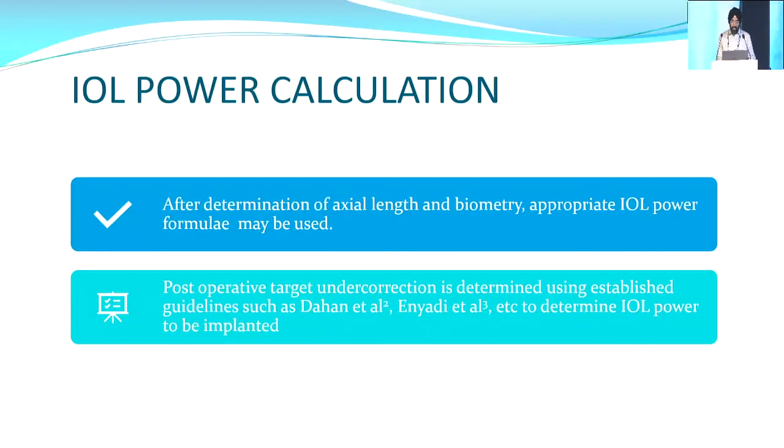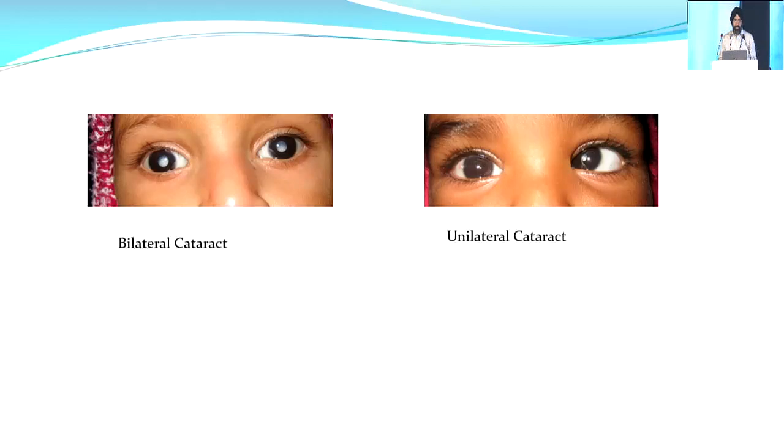So IOL power calculation, target your undercorrection, depending upon the age of the child, depending upon whether it's a unilateral or a bilateral cataract. If it's a bilateral cataract, all the investigations, which I'll be telling you in the next maybe 1 or 2 slides, that's it. In a unilateral cataract, as I told you, they would present as a white reflex, and most of them have strabismus. So probably all the investigations you would not require in a unilateral cataract